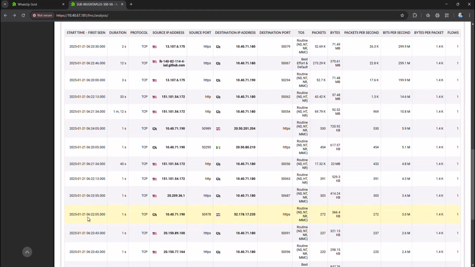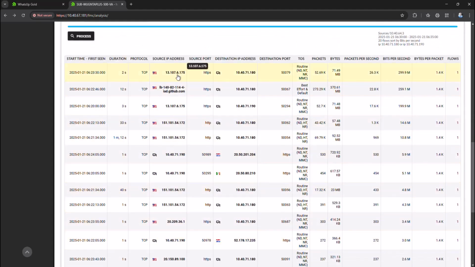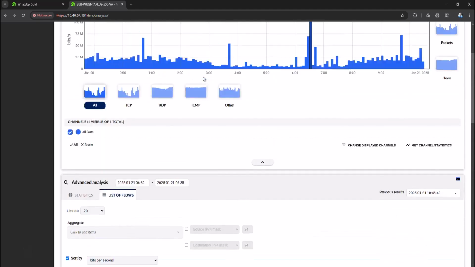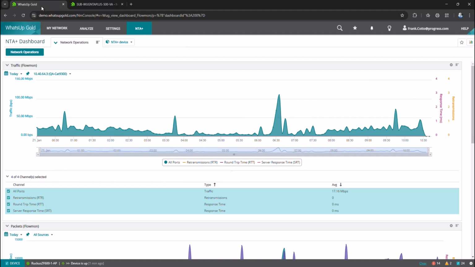We can now confirm that the traffic generated by 10.40.71.180 and .190 is HTTPS traffic, and given the source port of 443 and the client destination port, we know that they were downloading data from the public IP 13.107.5.175 and from GitHub. Switching back to the WhatsUp Gold NTA Plus dashboard, let's have a look at our packets